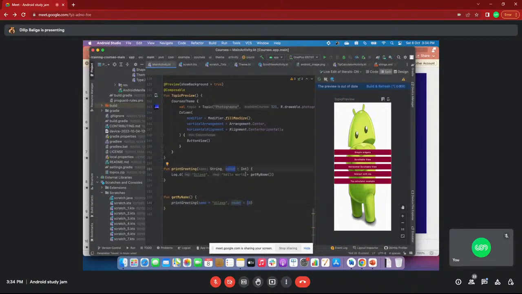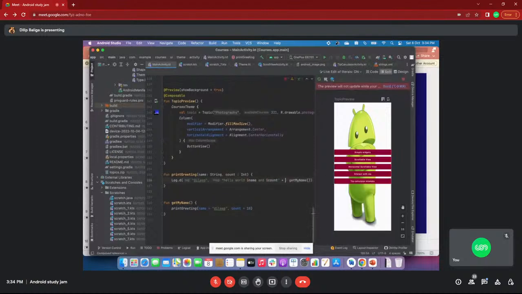And whenever I print name and count, that will print there. This is how we are supposed to do things.